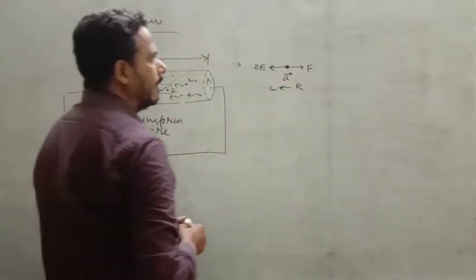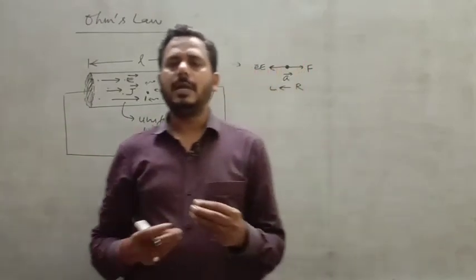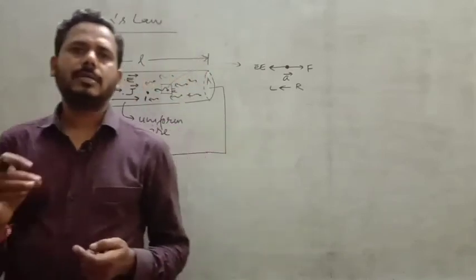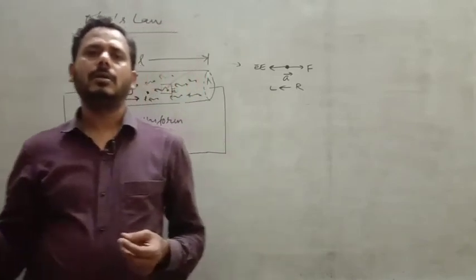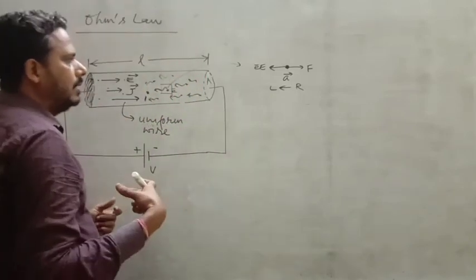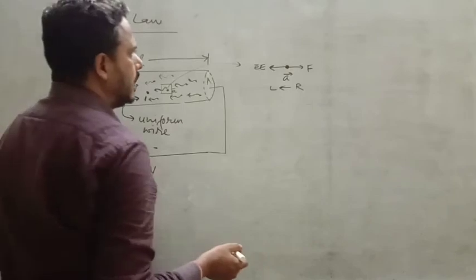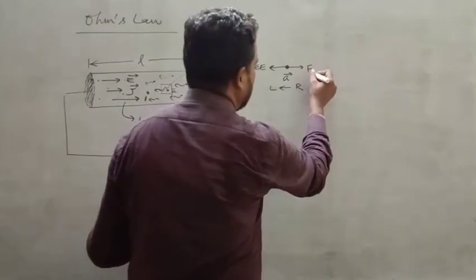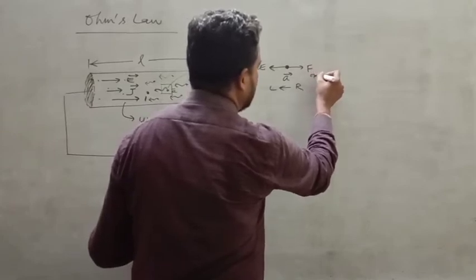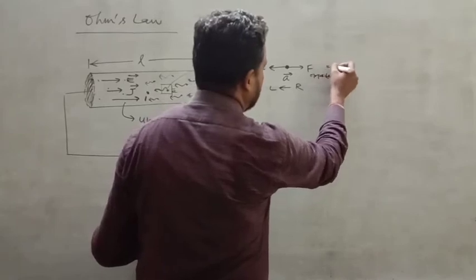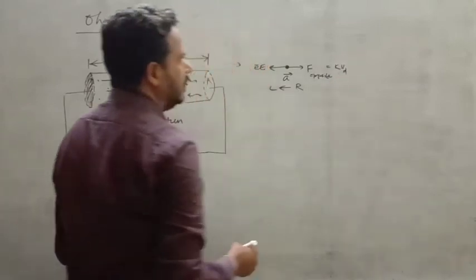Okay, and because it is drifting inside the conductor, the current we have found already is I equal to n e A Vd. Vd was the drift velocity and its magnitude would be the drift speed. So it is flowing with a speed, and I am just taking drift speed. With this speed there is a force of opposition, so we can write the opposite force as k times Vd, where Vd is your drift speed.